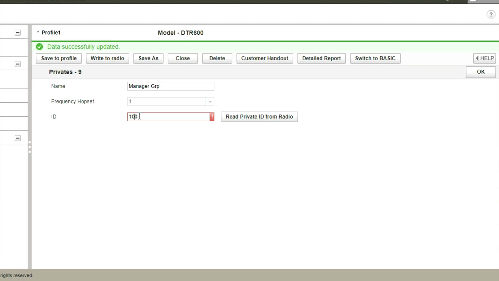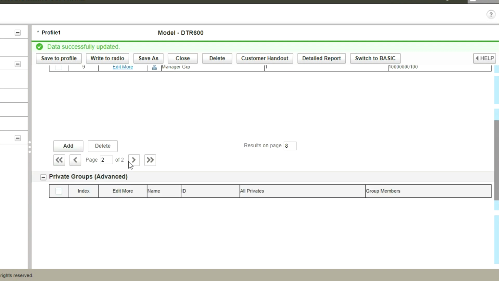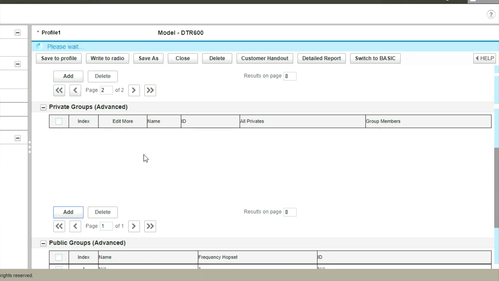So we'll give it an ID of 100, and then your ID numbers have to be 11 characters and have to start with a non-zero. So I'm just going to fill in 1s and 0s to begin and click OK. Perfect. Now we have a contact called Manager Group,